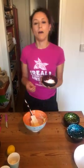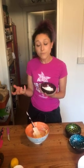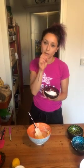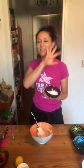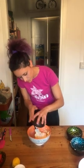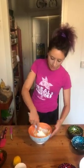Question. Icing sugar and powdered sugar, are they the same? Yes, the difference sometimes is how big or small the grain of the sugar is. But if you have a powdered sugar, not the caster sugar, it could be okay. It's better to use the icing sugar in this kind of recipe because you don't need to melt it, so it melts in a really small quantity of water, instead of the caster sugar, because I don't let it rest in the fridge. I just do it and bake, so you need a sugar that...